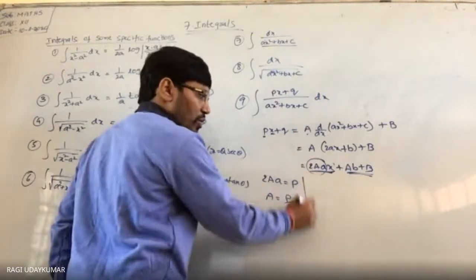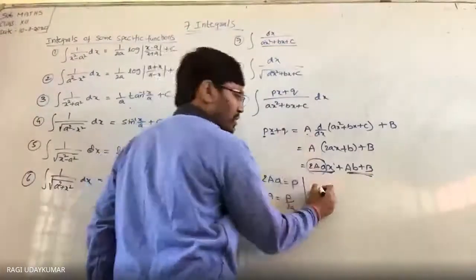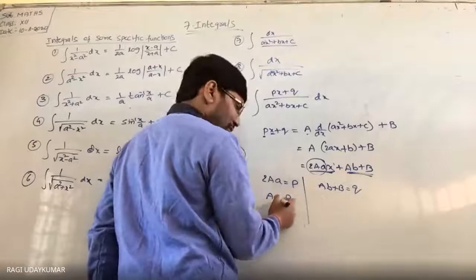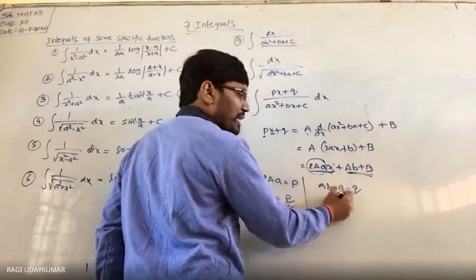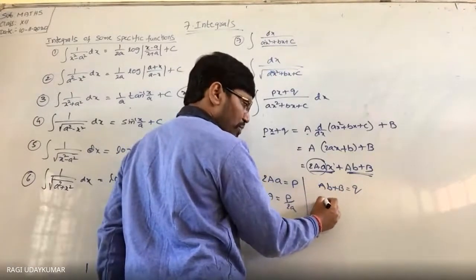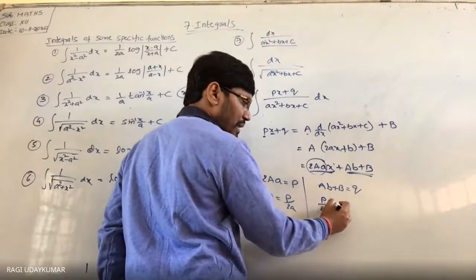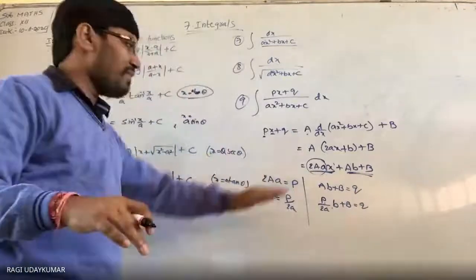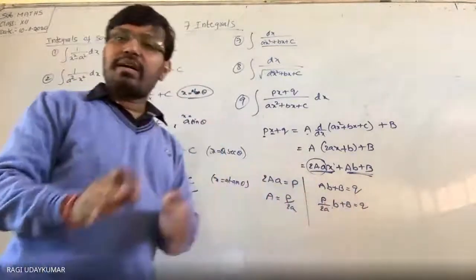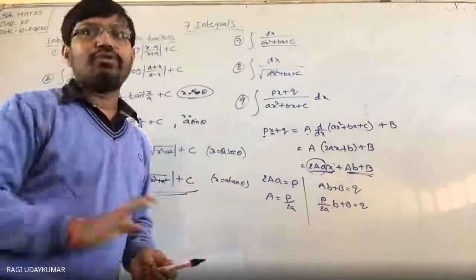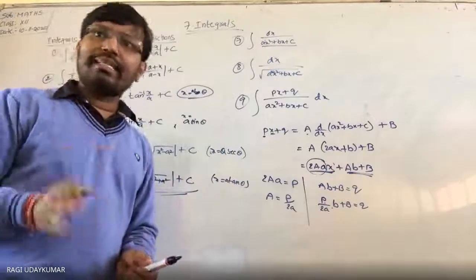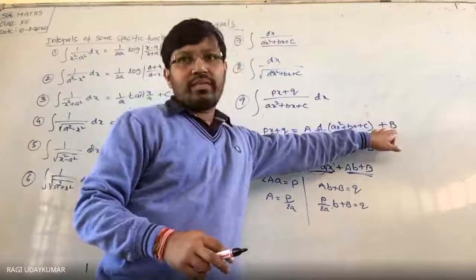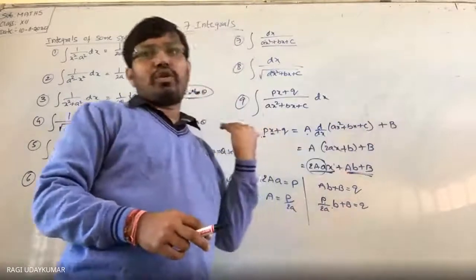Okay, and this is the constant. Here the constant: Ab plus b is equal to q. We know the A value is p by 2a, and we need the b value. So write the A value, p by 2a, here: p by 2a into b plus b is equal to q. By solving the problem like this, you have to evaluate the b value. With numbers it looks a bit easier; this may be confusing. While taking numbers, you have to substitute the A and B values here, and proceed with the problem.